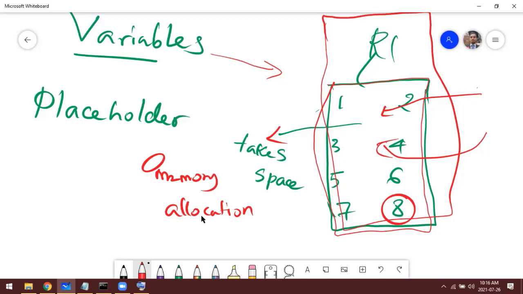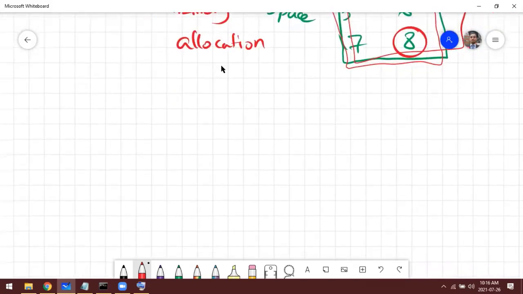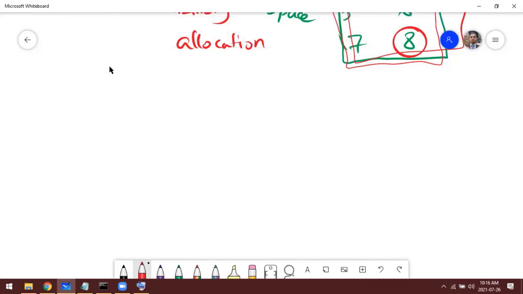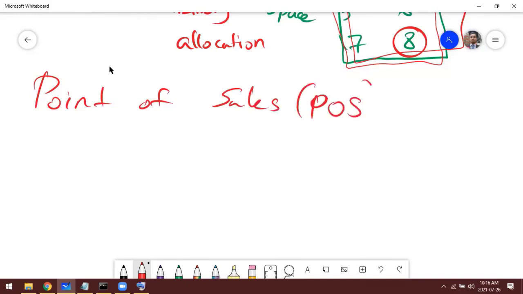Because let's assume we build a point of sale system. Point of sale, we simply call POS. Normally you can see it in any supermarket. We mean point of sale because at the end of shopping, at the point of sale, they check us out and provide our bill, so we make the payment and come out, right?